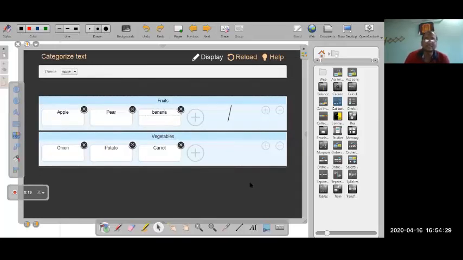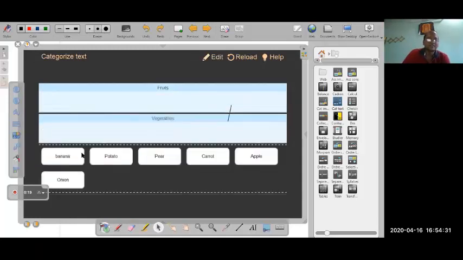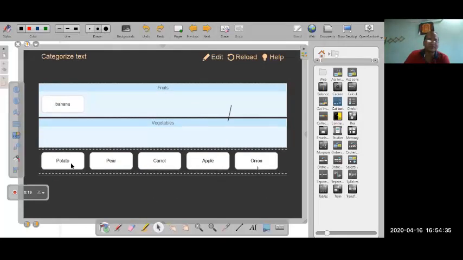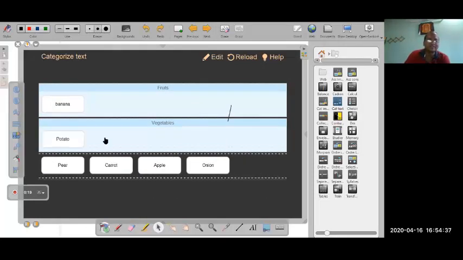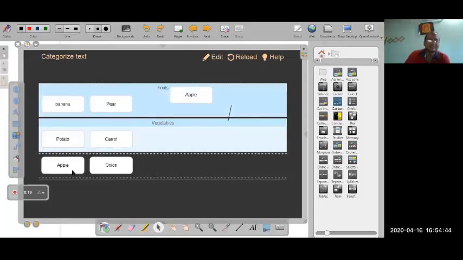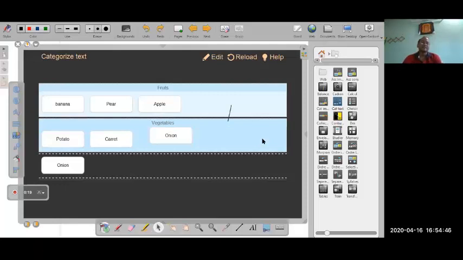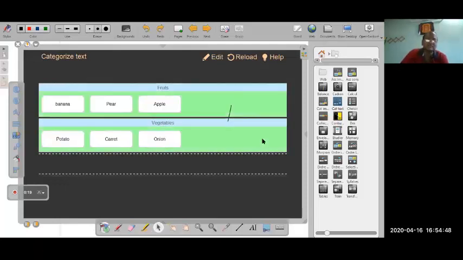Now display banana, fruits, potato, vegetables, pear, carrot, apple, onion. Right. This interaction will make children very happy.